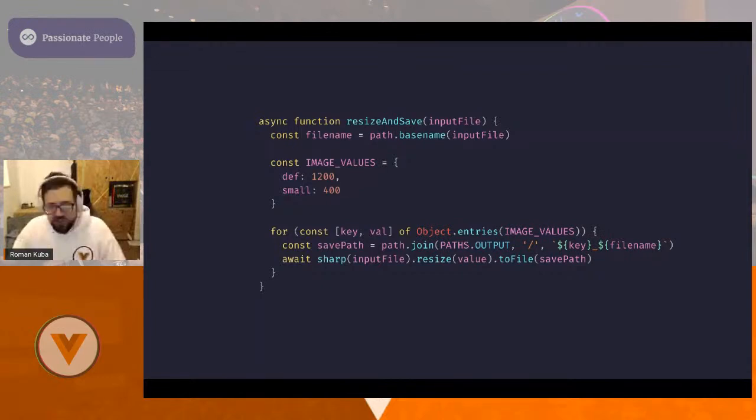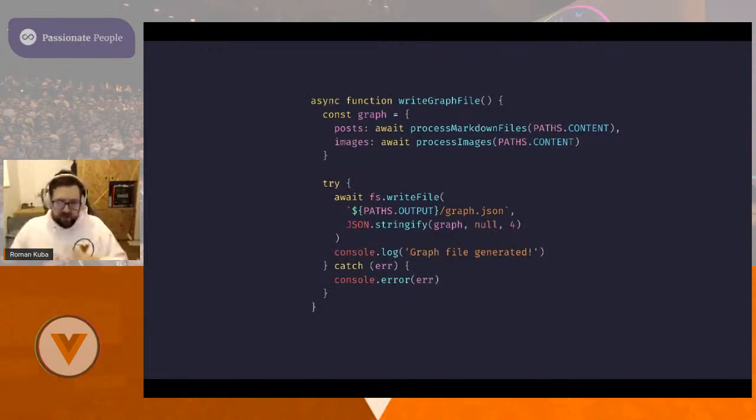The resize and save function could look something like this. So we can define our values, and again, Sharp makes it super easy to do this. And again, this is an asynchronous operation, and as we're still in the whole file system writing, we can always make use of this in our code, even if it does a lot of complex things. It is still in a good readable fashion, I would say. So in this case, for example, if I have my cat bag, I would have a default cat bag and a small cat bag, and they're optimized, which is nice.